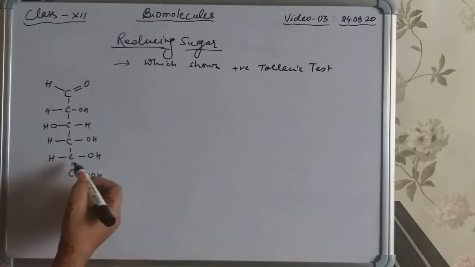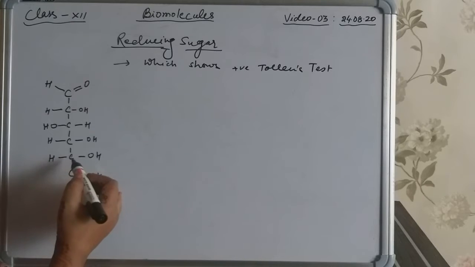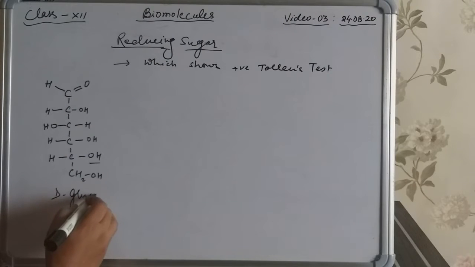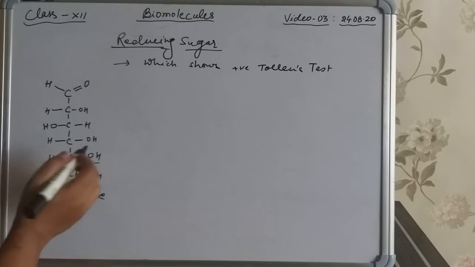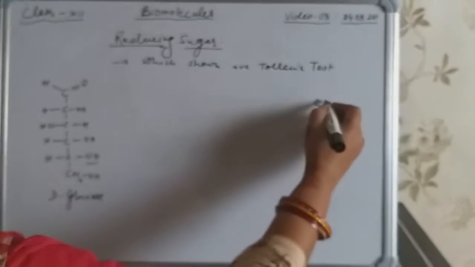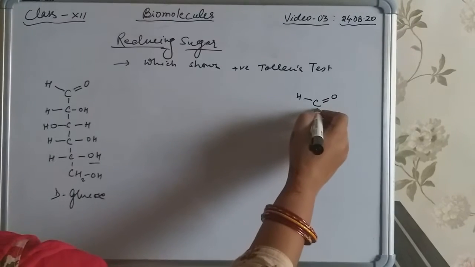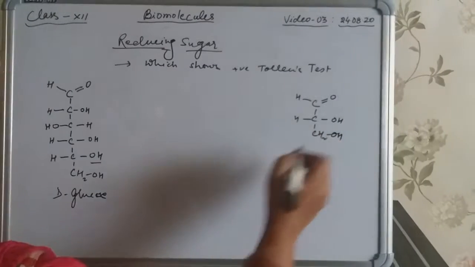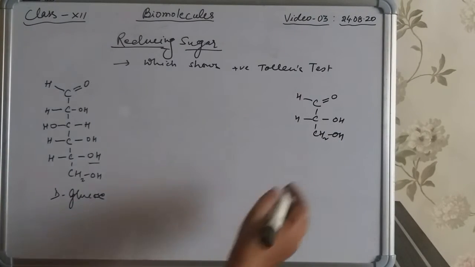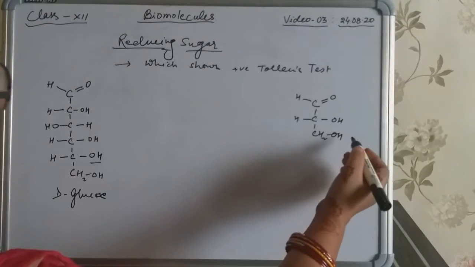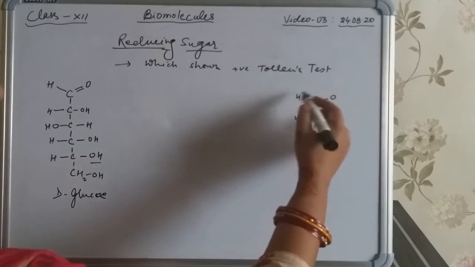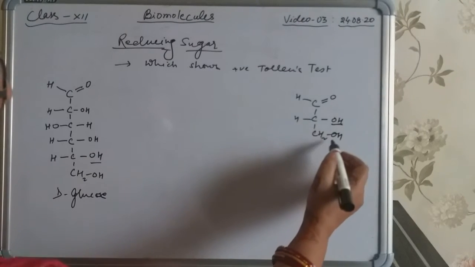Second, on the fifth carbon atom the OH group is placed on the right side, so it is called D-glucose. So the DL notation, students: suppose we have a functional group like this, CHO, CHOH and CH2OH, the simplest monosaccharide compound. In a particular structure, if the OH group is placed on the right-hand side, it is marked as D.